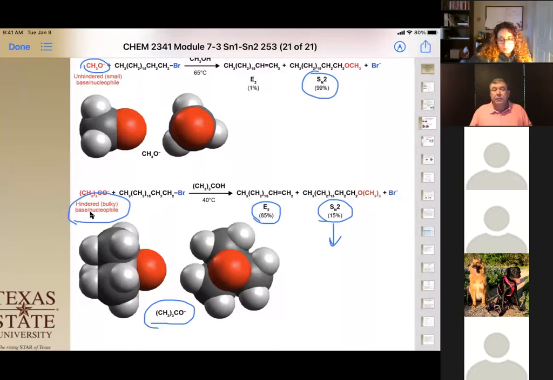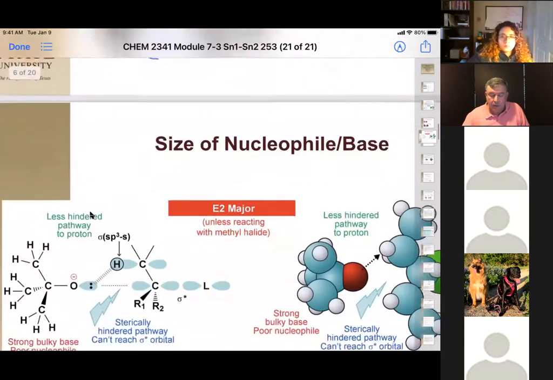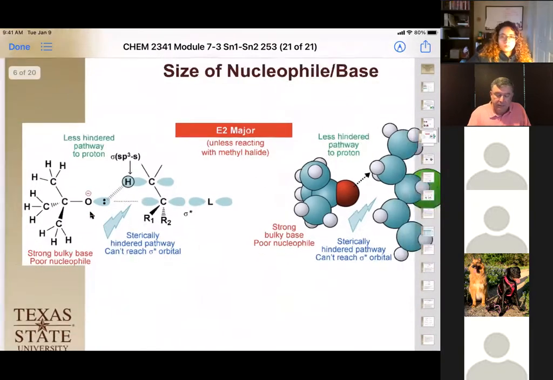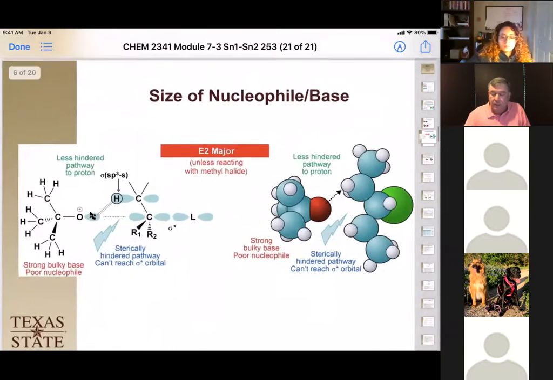In the case of these primaries, if it's a small and strong nucleophile, substitution is going to be the number one thing you're going to do. If you have a big bulky base, elimination is the primary mechanism you're going to go through. All right, and just to visualize that size issue here, when we have our big bulky base that has